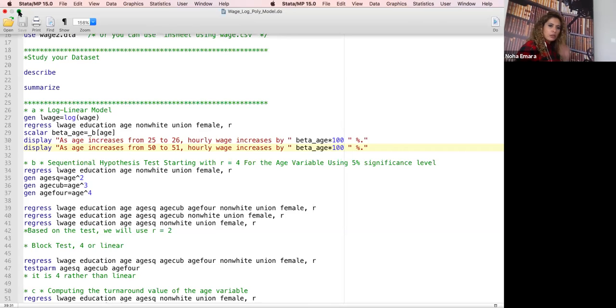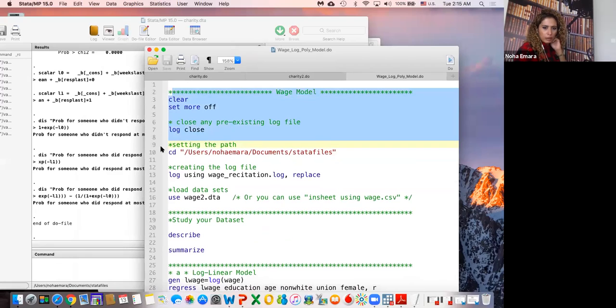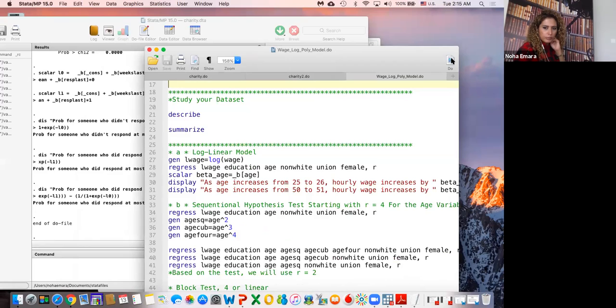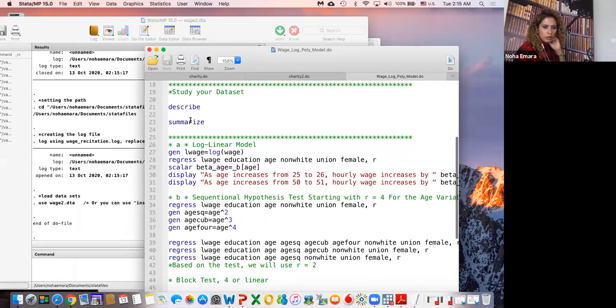So to do that, okay, let me first clear what we have. So let's get the new data set. Once I have the new data set, you can do the describe and summarize. I don't need it now. I'm going to generate the variable L wage. I always use L for log. Do the regress with robust standard error, extract the coefficient, use it in my statement to answer the question,